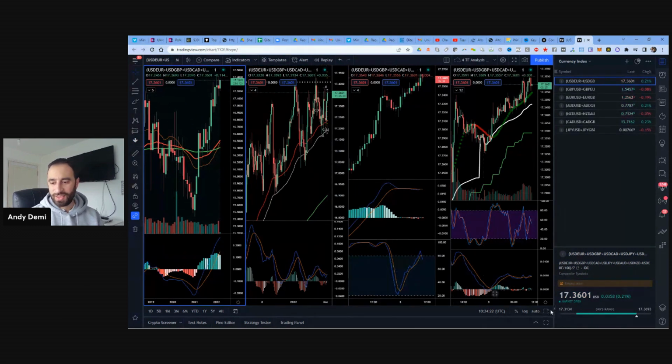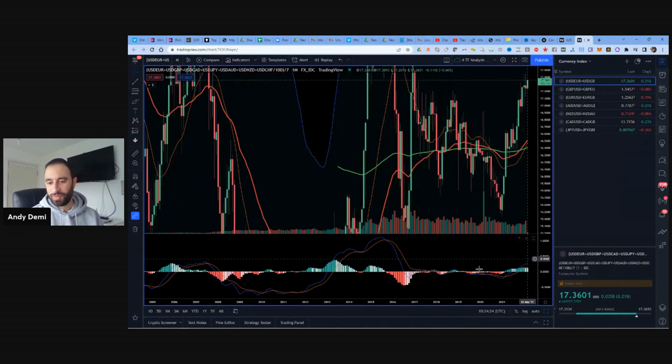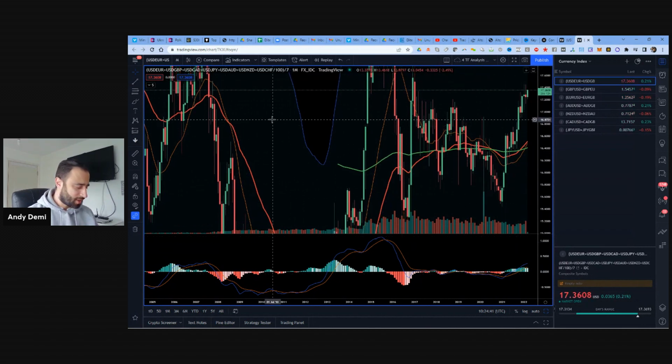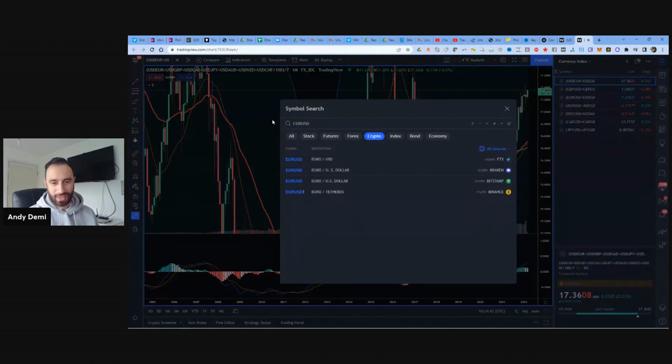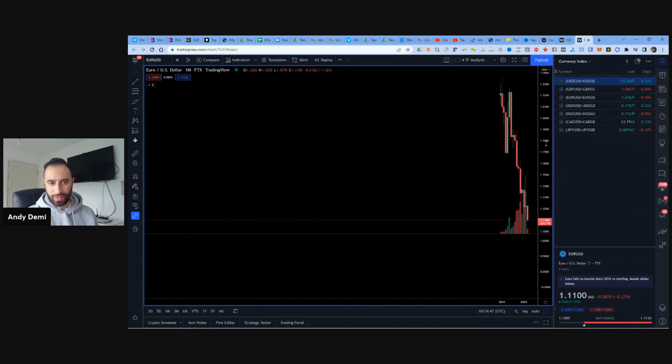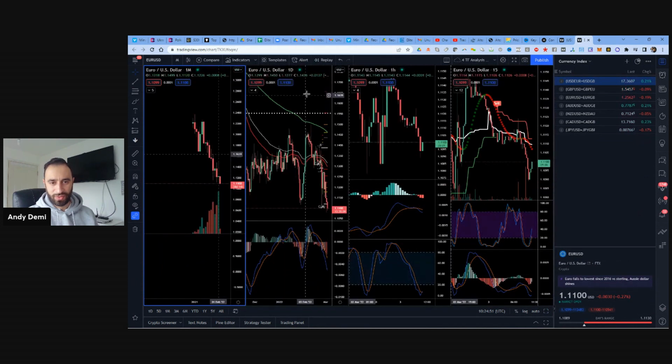So you can see, guys, one of the things that I highlighted in that video was the cross that we had on the MACD, and also the fact that we were above the zero line. It showed me that, look, the dollar is probably likely to go up. And it has continued to go up since I did that video. And if I show you what the market has been doing since then, well, if we go back to the 9th of Feb,